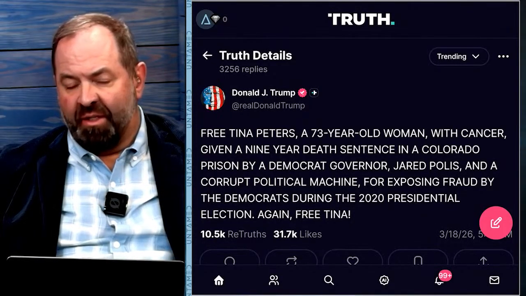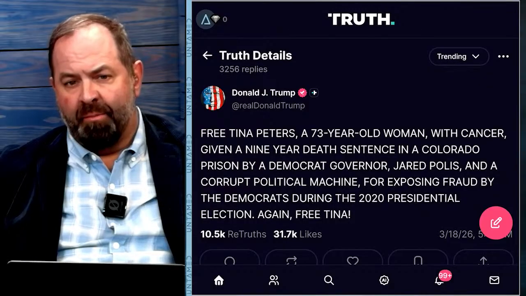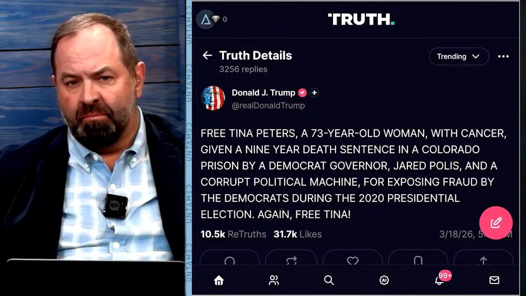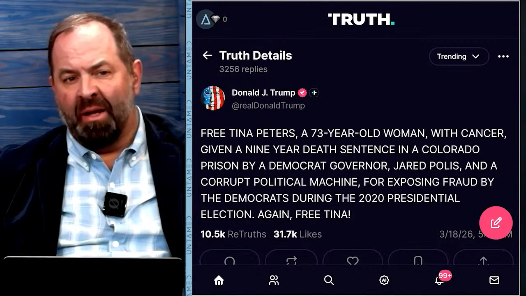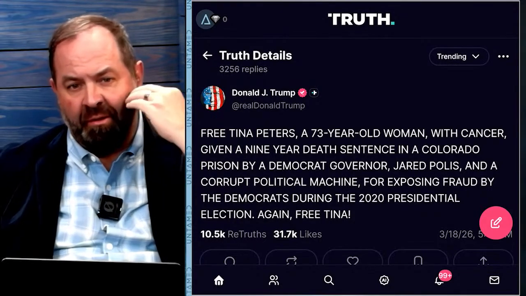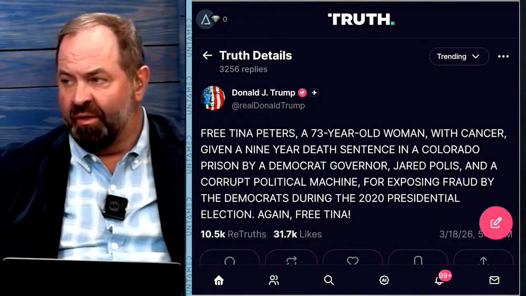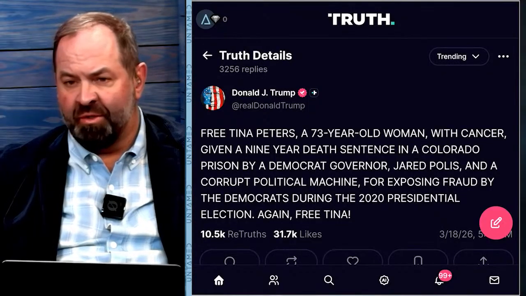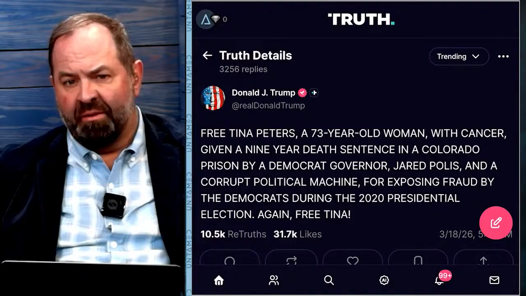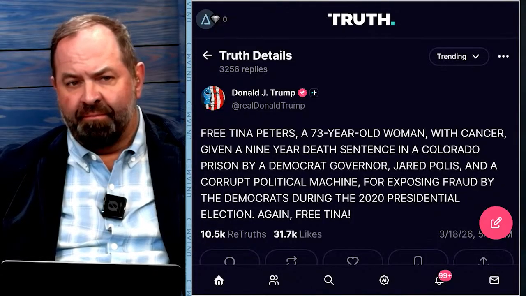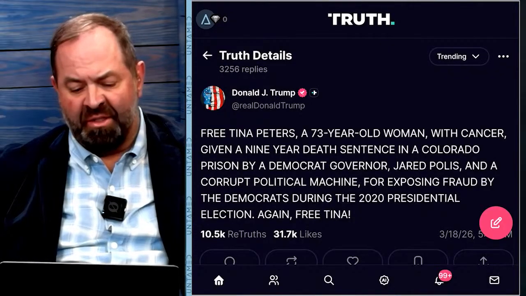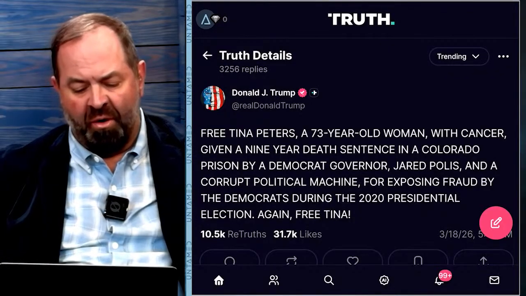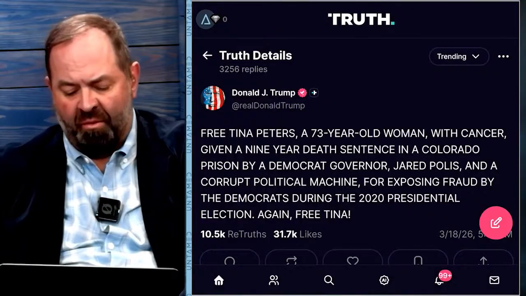Well, Tina's 70, she's not 73. But everything else sits. We don't know if she has cancer. And my issue with putting a post out like this is that I'm not sure it does more damage than good. I don't know who on Trump's team is doing this, but they should know better. They should have the facts straight, because it just opens up the facts